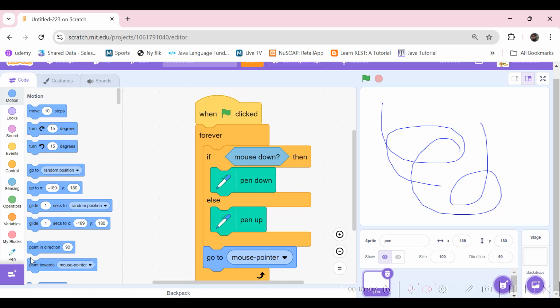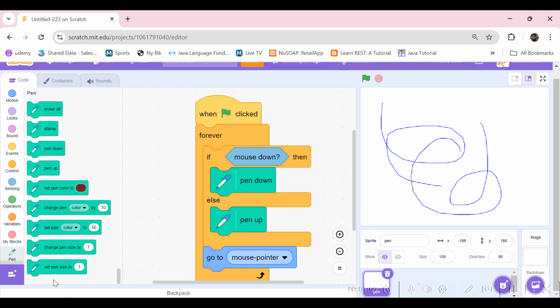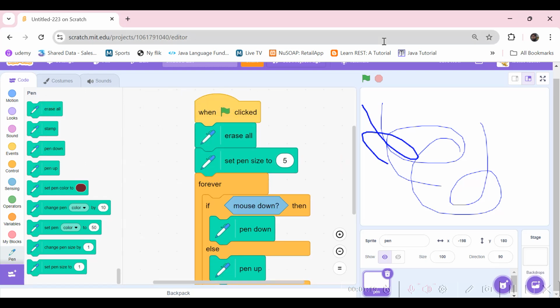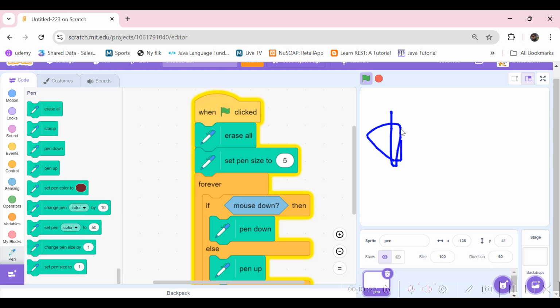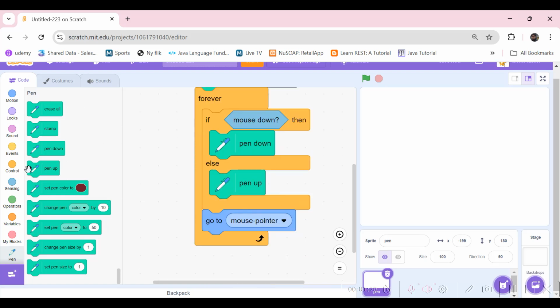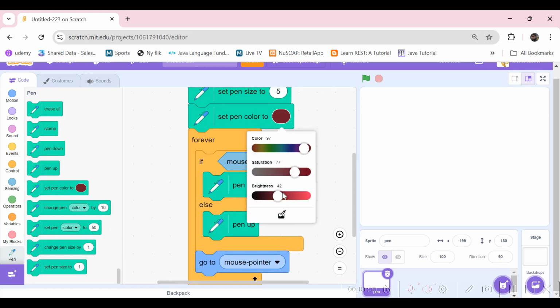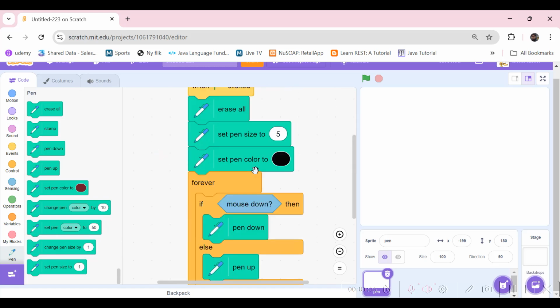Okay, so now let's increase the thickness of the pen a bit. So I'll make it 3. 3 is better. Or 5 might look good. Yeah, 5 looks okay for me. And now I'll just change the pen color to black. Okay, so